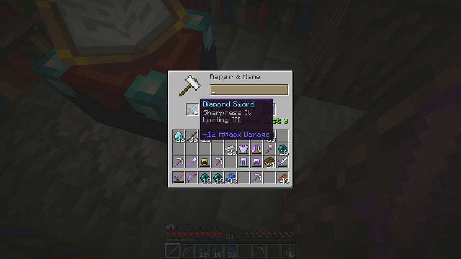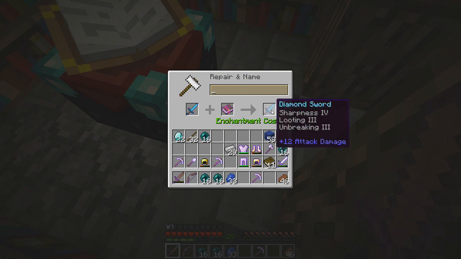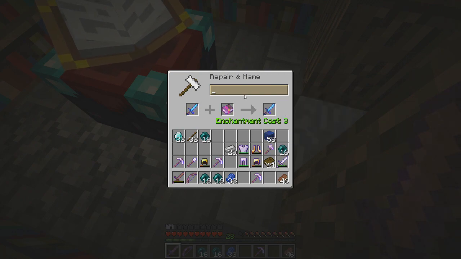So what I'm going to do here, because the other sword I have is a sharpness 3 looting 2, just a step underneath on each of these things, I'm going to go ahead and add my single unbreaking book, which is the only one I have, to this sword. Make sure it lasts me a long time. We're going to name this sword Jason